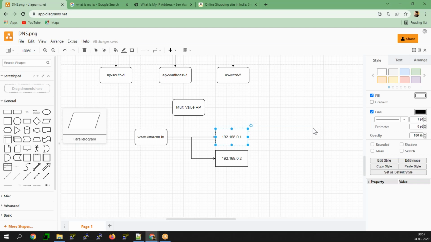Yes, you can have multiple domains, that's how multi-value works, right? If you want to configure your own new domain, how will you use it in this scenario?